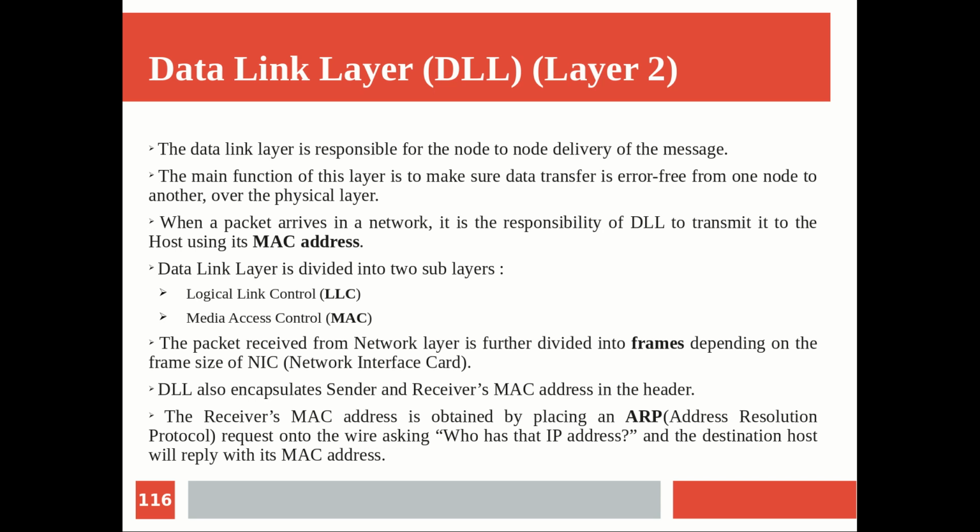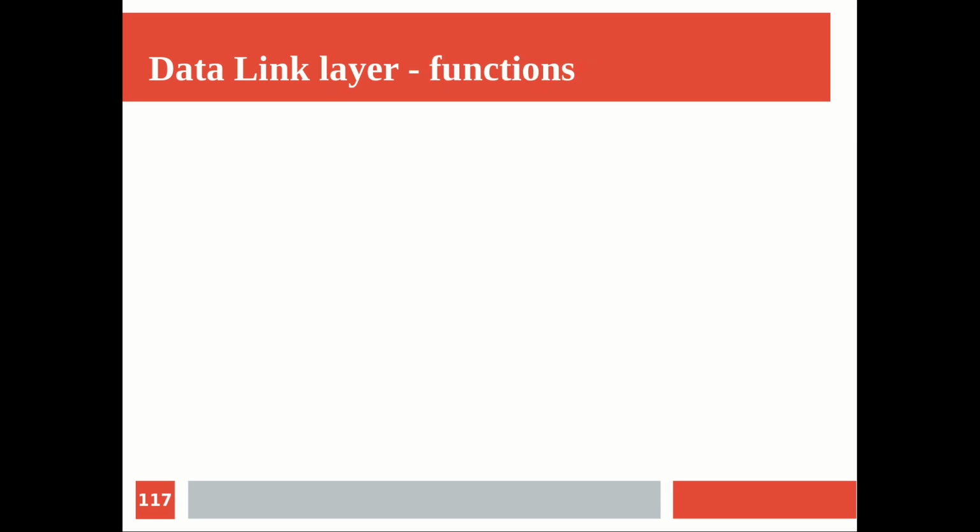So someone has to take care of this, like some kind of mapping from the IP address to the MAC address, and this table is taken care of by the ARP protocol. It will tell you correctly what the next hop MAC address is, given the IP address of that particular machine. That is done by the Address Resolution Protocol. Don't worry about this protocol at this point; it is there in your subsequent module, and at that time we will see this in detail. Again, it's a popular protocol used at the data link layer.